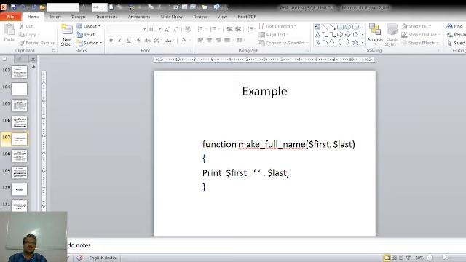The first argument is $first containing the first name of a person, and the second argument is $last containing the last name. In the function body we are printing the message by concatenating the values of these two variables, that is $first dot $last. So whatever values are contained in first and last will be concatenated to make the full name of a person.